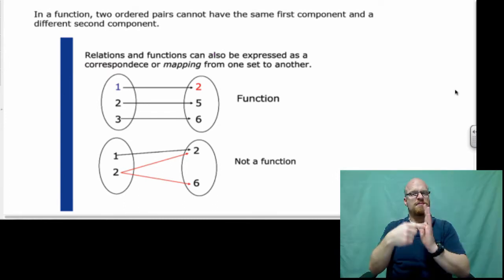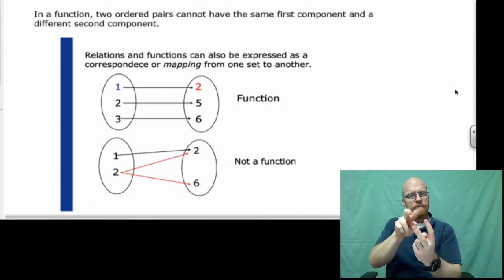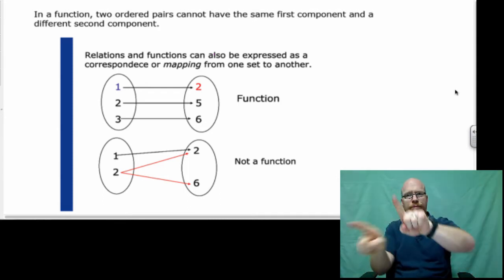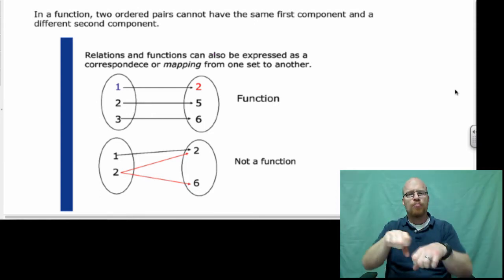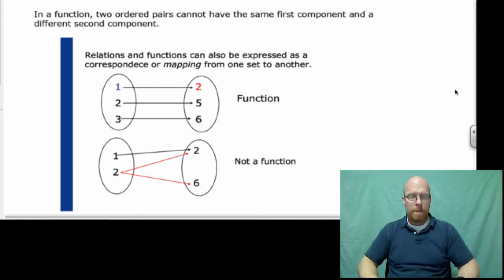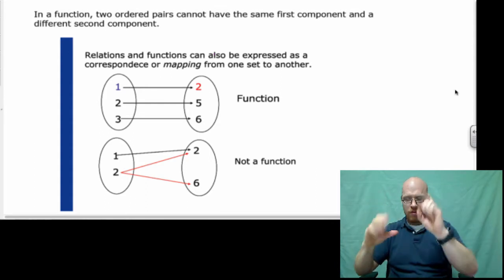Okay, this is a picture representation of a function. As you put one thing in, you cannot get two different things out. And the second set here, that breaks the rules. The first set of ovals